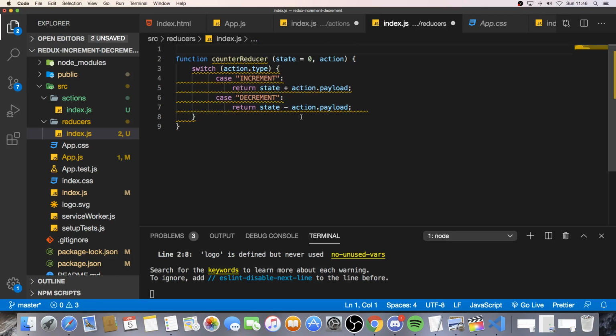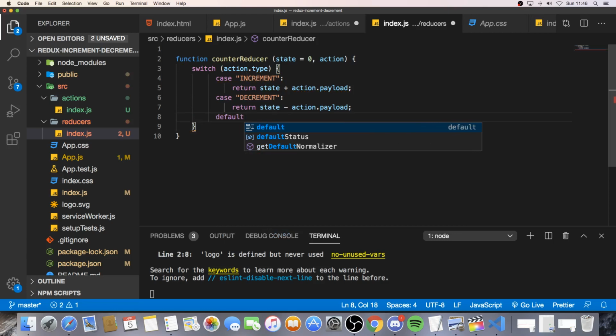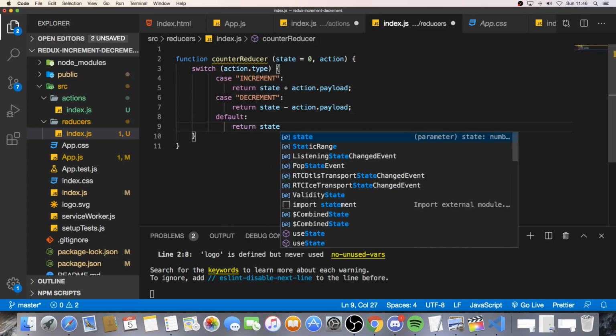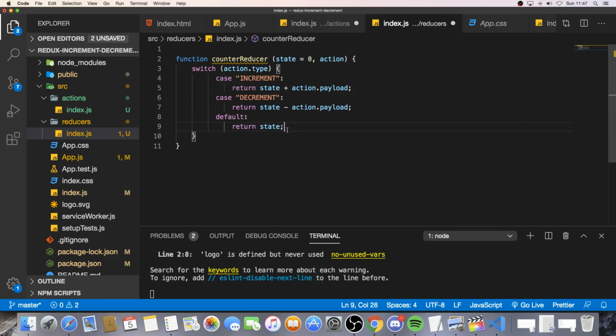We don't need that. And after that, we're gonna add default, like so, with a colon. And we're gonna return state. Finish it off with a semicolon. That means if action.type is neither increment or decrement, we will just return the state, which is 0 at this moment. Okay? And if you're only gonna have one reducer, we can just export default and the name